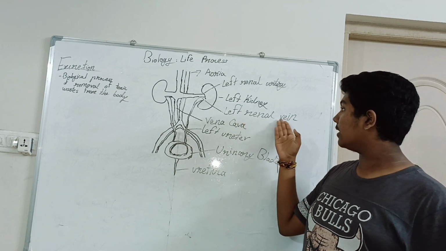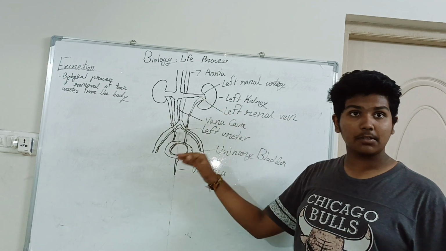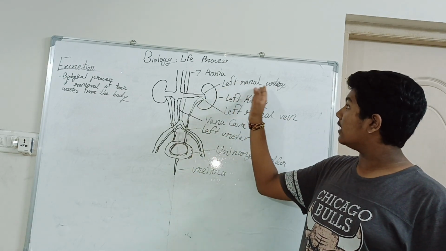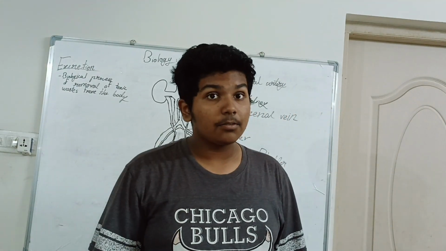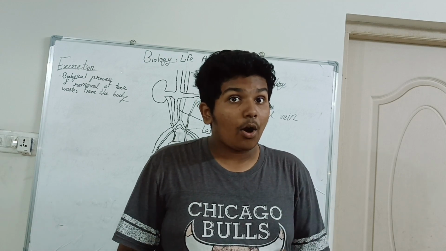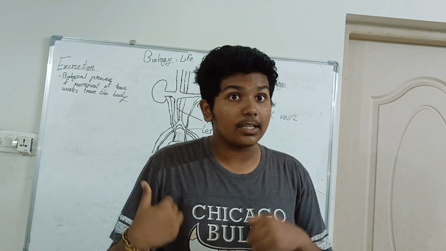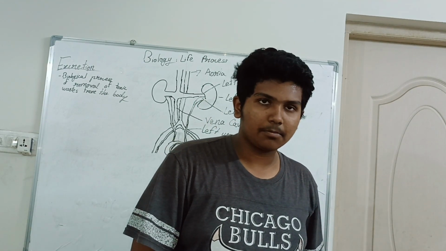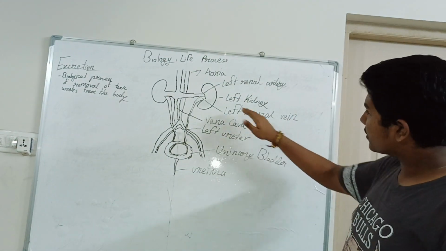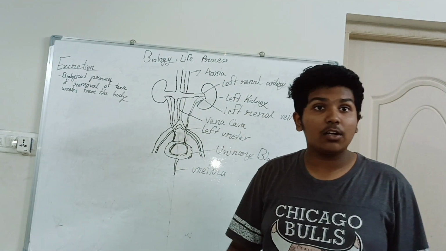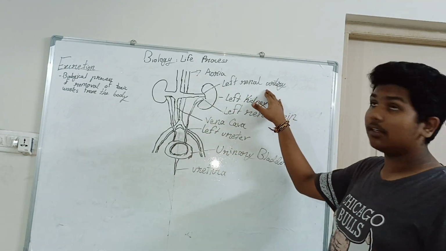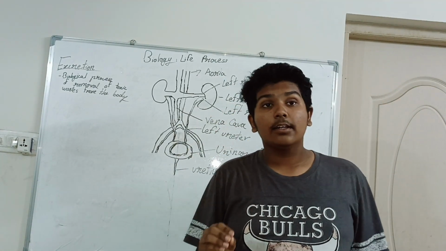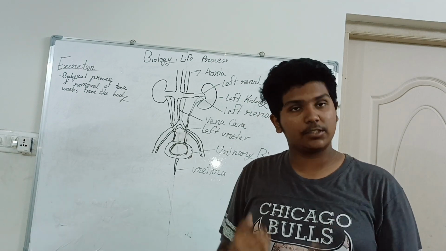The left renal vein also helps, and the left renal artery, which contains the what? It contains all the oxygenated blood, and the vein contains the deoxygenated. So all this deoxygenated blood contains the unwanted stuff, while the left renal artery contains the oxygenated blood, which